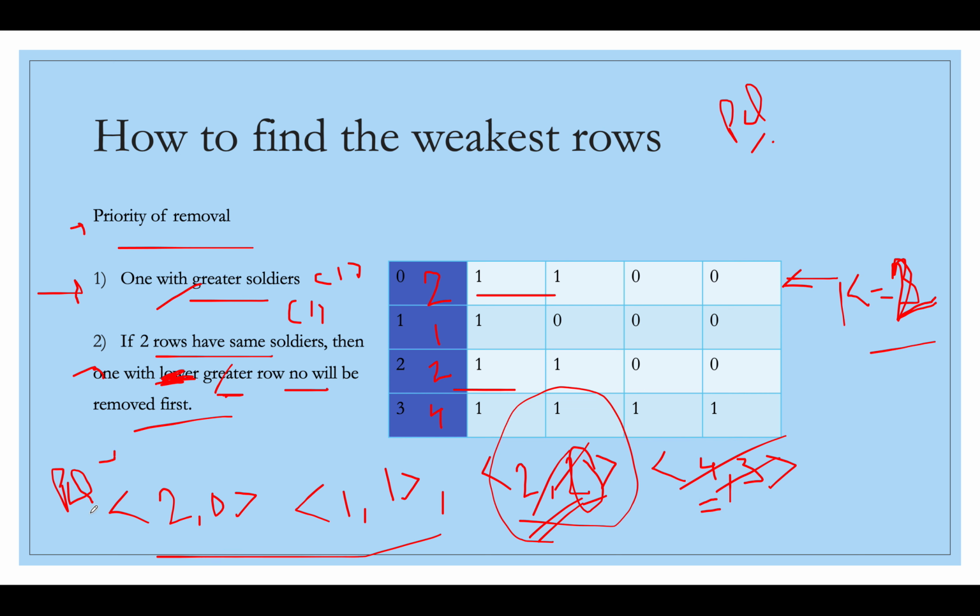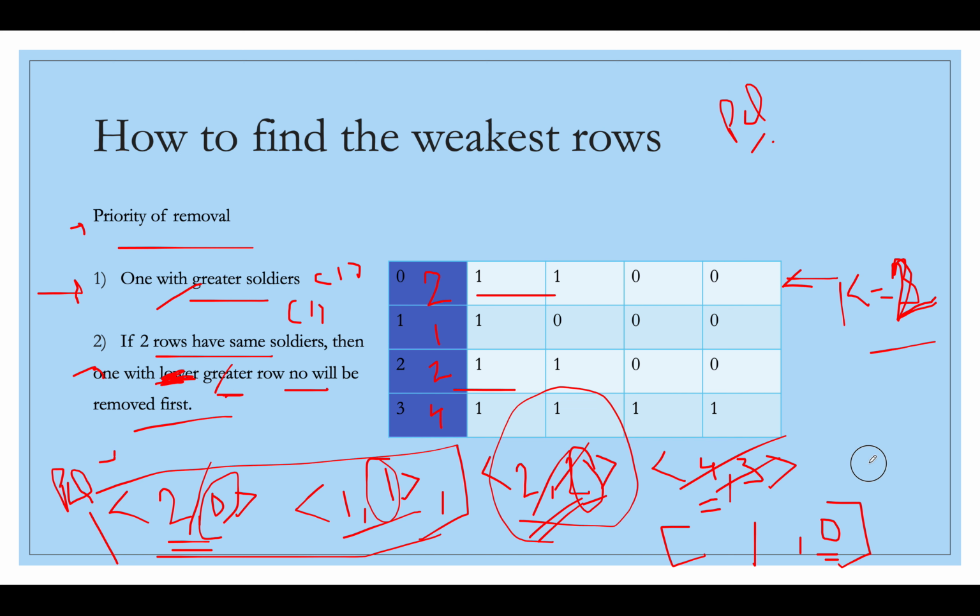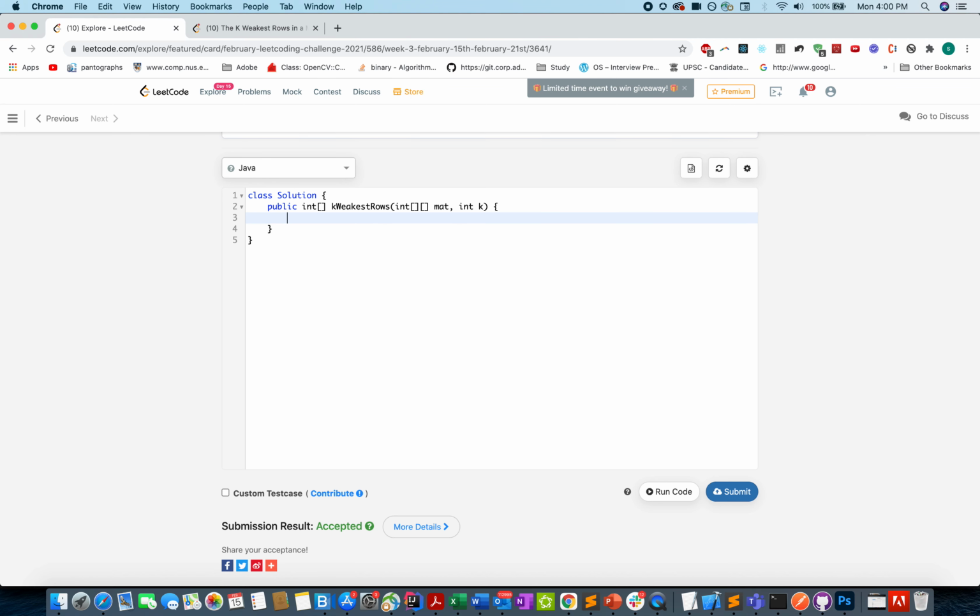In the end we have only two elements left. Which one will be pulled out? The one with the higher number of soldiers. So in the answer we will add the index, which is 0, at the end, because you need to return the elements starting from the weakest to the less weak element. So we add 0 at the end, and then we'll have only one element left, whose index comes here. So this is our answer set, and let's quickly code this up in a similar logic as we have discussed here. Let's define the priority queue first.